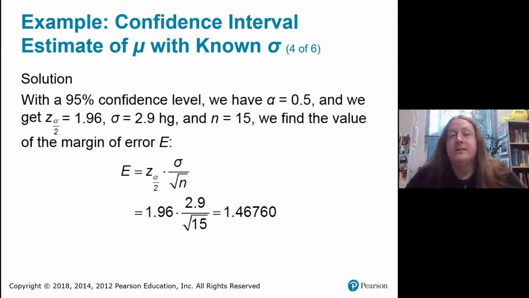And remember our standard deviation that we're assuming is 2.9, and our sample size n is 15. So we'll find the value of the margin of error by taking z sub alpha divided by 2 times that population standard deviation divided by the square root of the sample size. And when we do that, we get